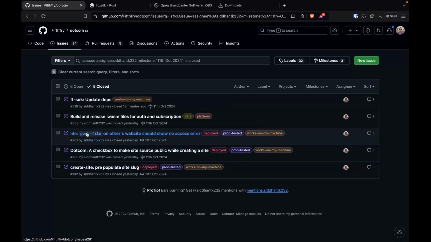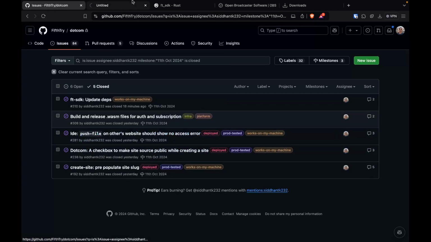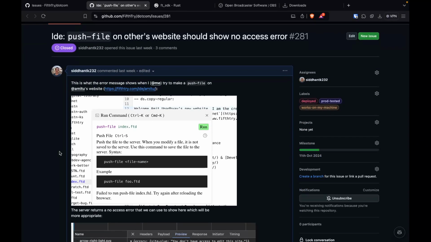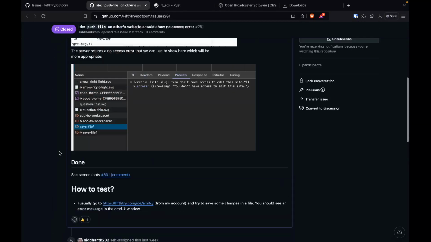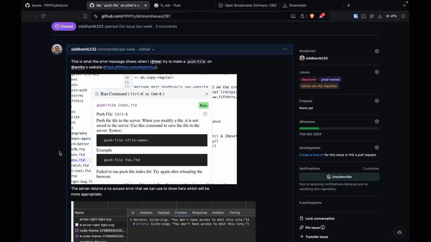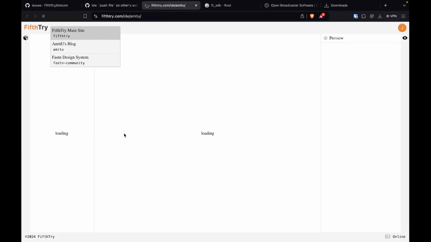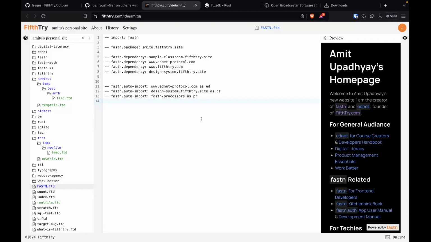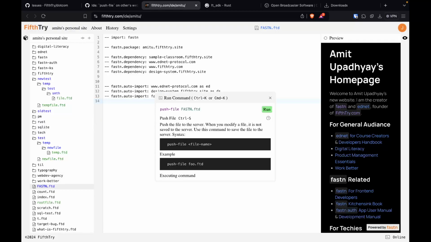And we have some little improvement to the error messages in the IDE. This is deployed. You can go ahead and see. Basically, when you run push file on, let's say if I go ahead and open Amithu's website, and let's say if I delete this migration, and I should be able to save